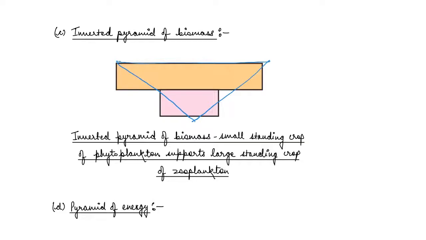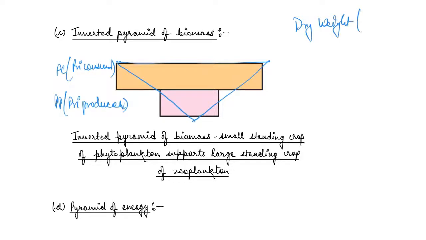So here the base is again primary producer, which are phytoplanktons, and then we have primary consumer. Primary consumers are zooplankton, the aquatic animal population, right? So if you see here, the dry weight, which is again in kg per square meter, is 4 in case of primary producer, the base level, and it increases to 21. Right?